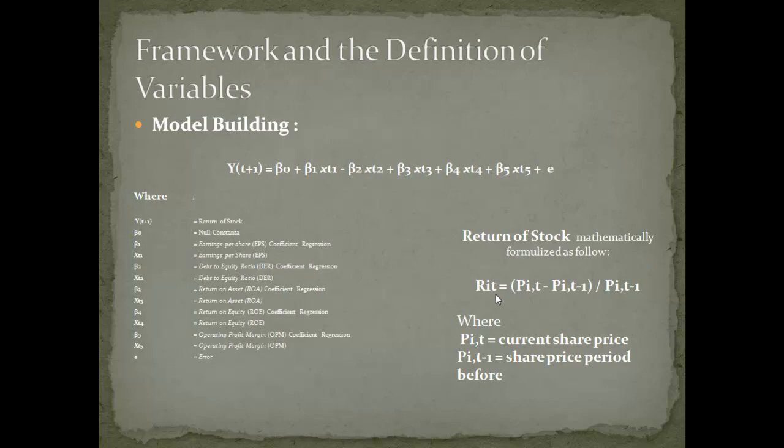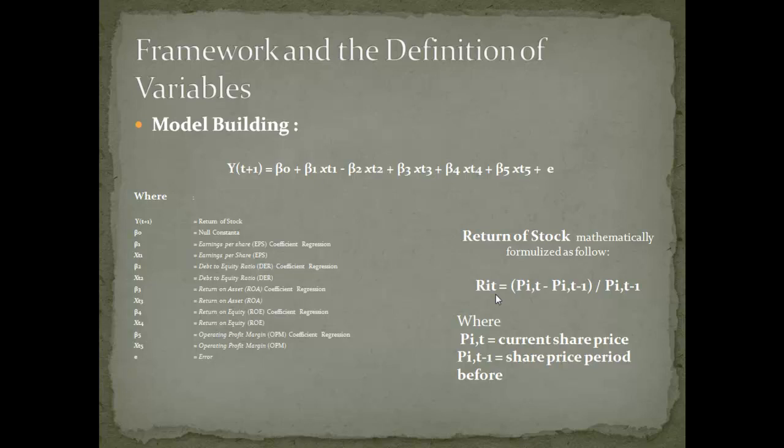Framework and the definition of variable. Model building: we can see in here that Y t+1 is equal to beta 0 plus beta 1 X t1 minus beta 2 X t2 plus beta 3 X t3 plus beta 4 X t4 plus beta 5 X t5 plus error. This is the common multiple regression for the model building to the study, where the Y t+1 is return